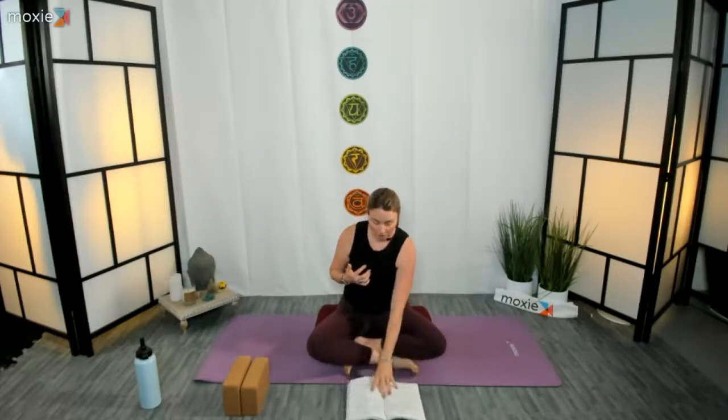So the second layer of the klesha is asmita. And I'm going to read this from a wonderful book, Yoga Beyond the Poses, because they describe it so well. So I feel like it's just a great way to use this. Asmita refers to the ego and all of its concomitant grandiosity. The ego is that